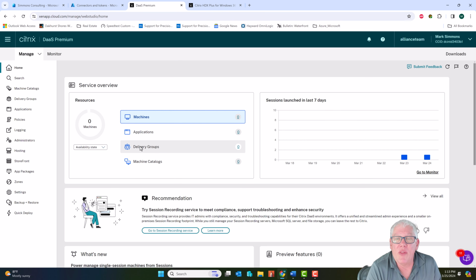All right, now on the left-hand side, you're going to see a menu of options here under Manage. What we're interested in is the last one down at the bottom called Quick Deploy. So we're going to click on that, and it's going to open up a menu for us. What we're interested in right now is this very first option, number one, connect Azure Active Directory, Entra ID, right? And so we're going to go ahead and hit Connect,